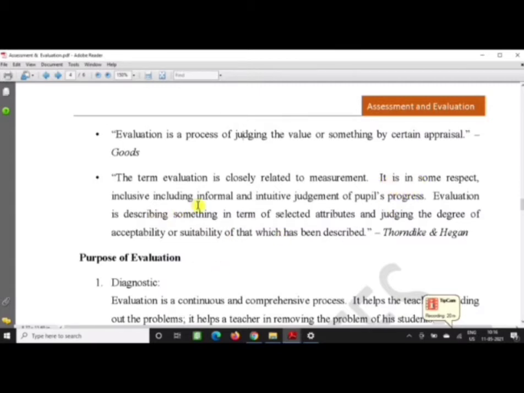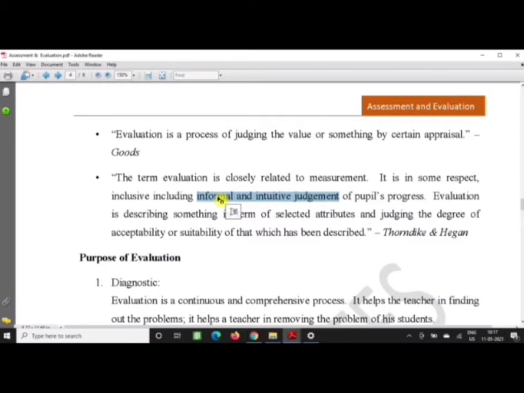In some respects it is inclusive, including informal and intuitive judgment of pupils' progress. Because in evaluation, summative and formative assessment both are taken care of. Sometimes teachers observe students, and on the basis of this observation some marks or feedback are given.